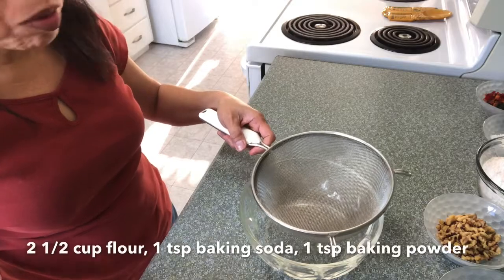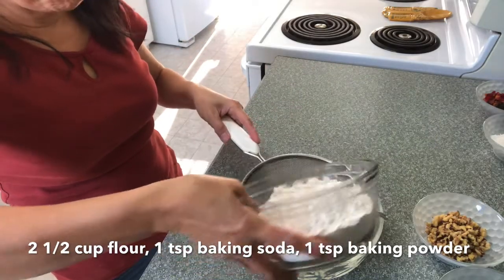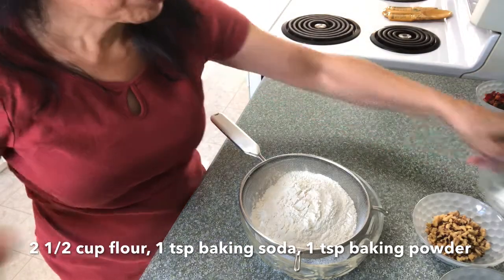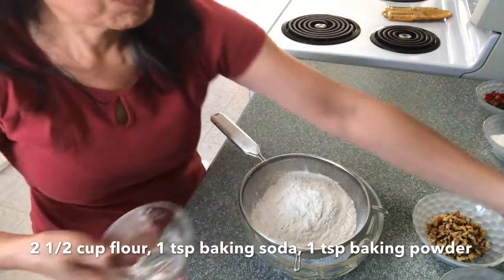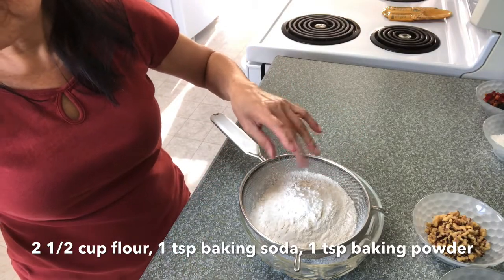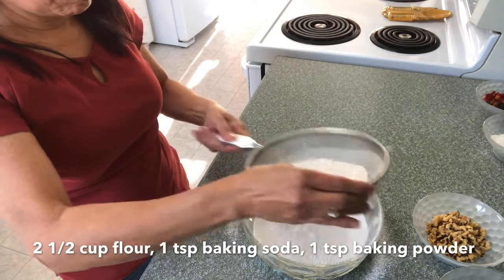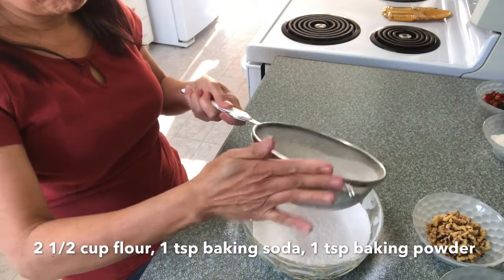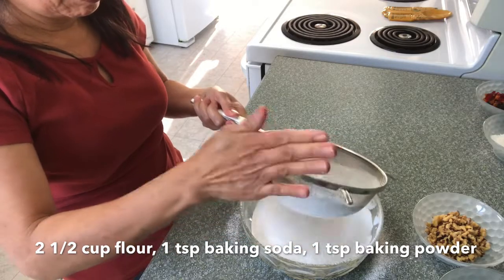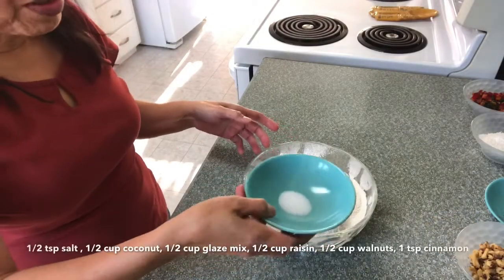In another bowl here, I will sift the dry ingredients. This is 2.5 cups of flour. 1 teaspoon baking soda and 1 teaspoon baking powder. Half a teaspoon of salt,